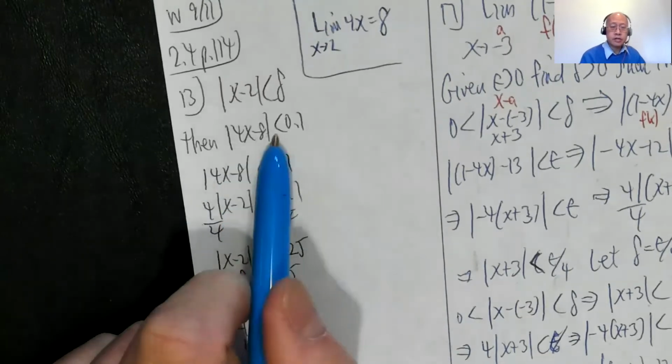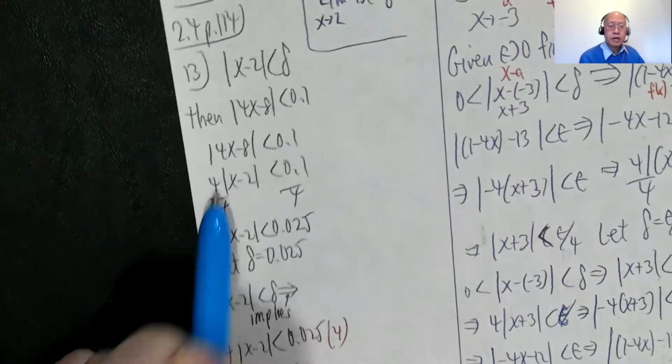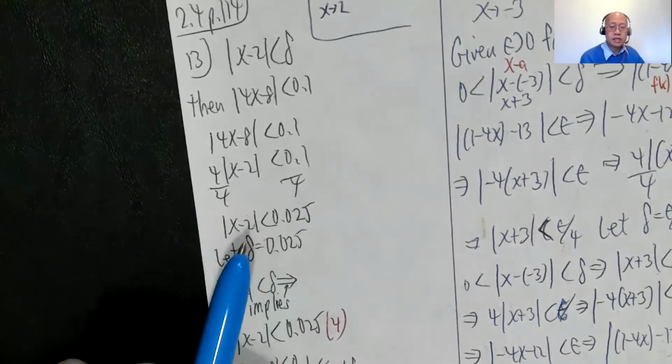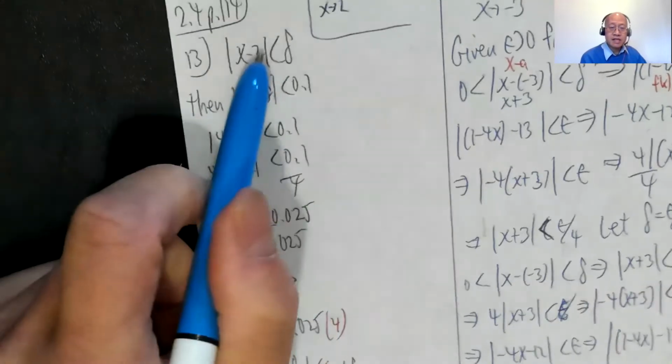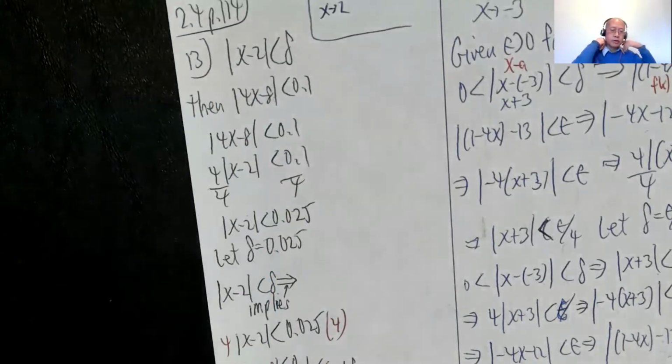Okay, so all I do is I force this to look like this. In other words, from here, factor out the 4, divide both sides by 4. I have absolute value of x minus 2 is less than 0.025. And now that matches this, x minus 2, x minus 2. So that delta equals 0.025. Okay,